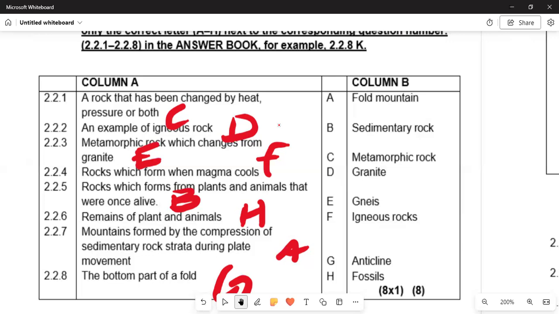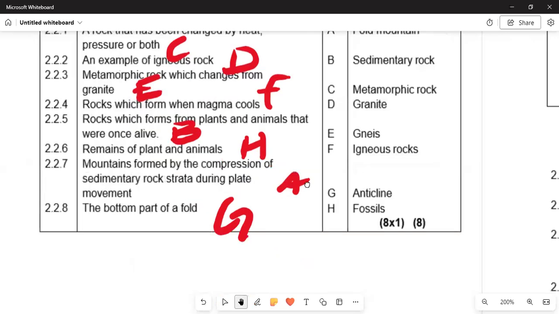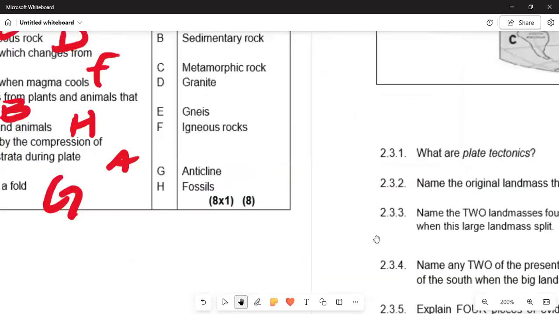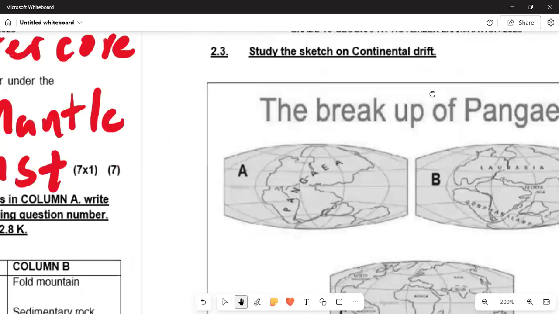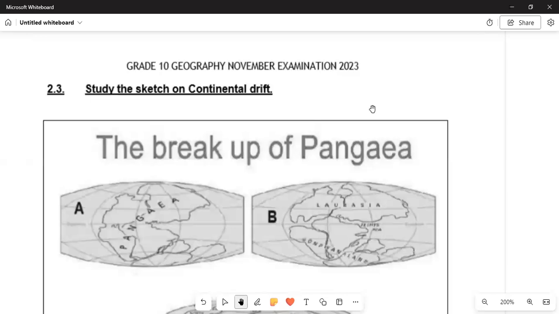We must understand that. And then if we are moving on, in 2.2.8, the bottom part of the fold, that is number G, the anticline. Then you get your marks. I'm sure that you are very happy with this, and you can see where we get the marks from, right? And then if we are moving on again, we've got to understand 2.3,